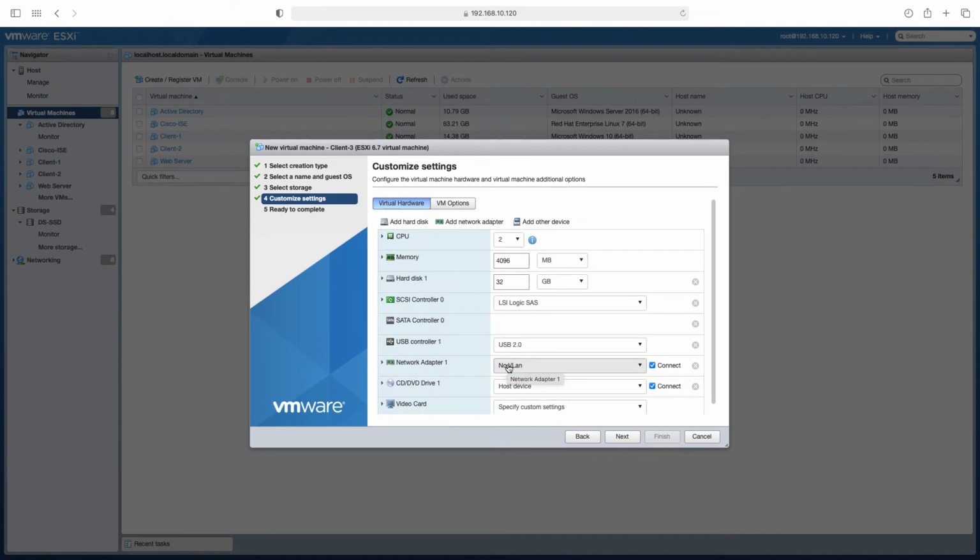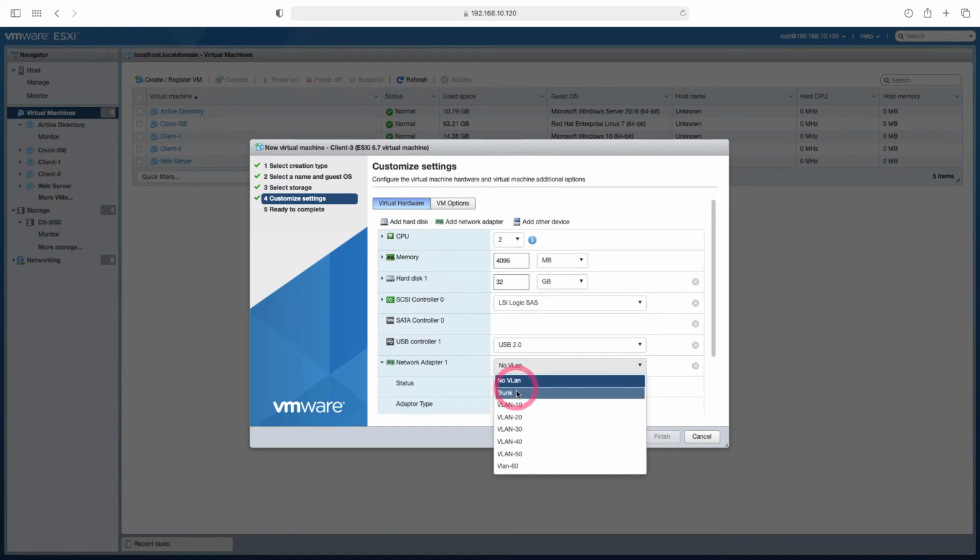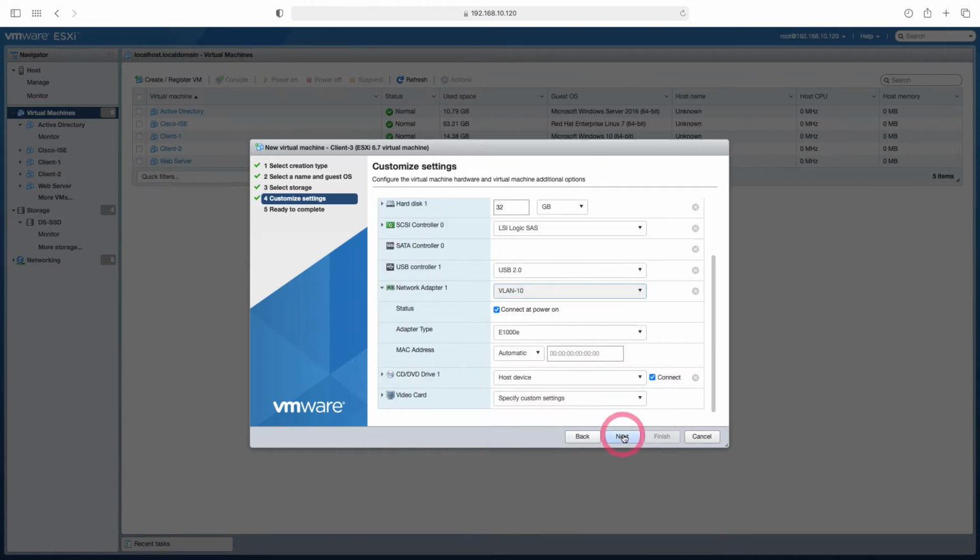In the network adapter section, you can choose the VLAN groups we created in our previous lesson. Let's look at our VLAN options here. We have a group called No VLAN here. We have a trunk group. We have a VLAN 10 group. In which VLAN our Windows host will be, you can choose it from here, or if you are not going to use a VLAN, you can choose the No VLAN group. Let's take this user to the VLAN 10 group and continue by clicking Next.